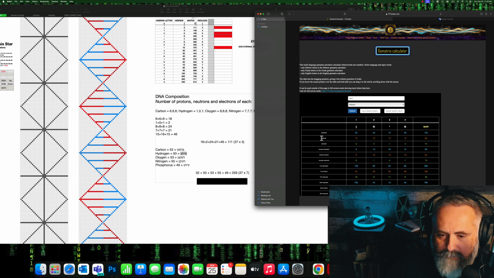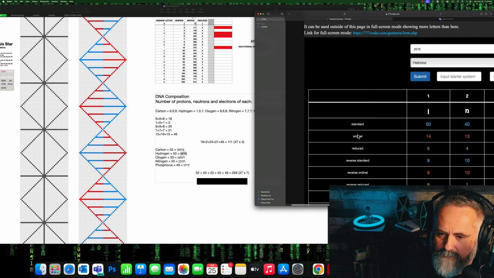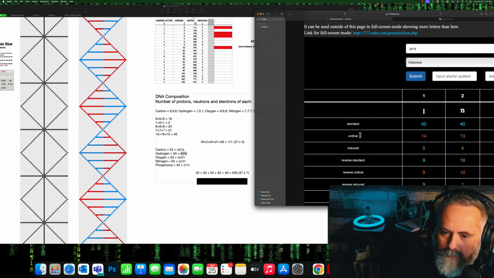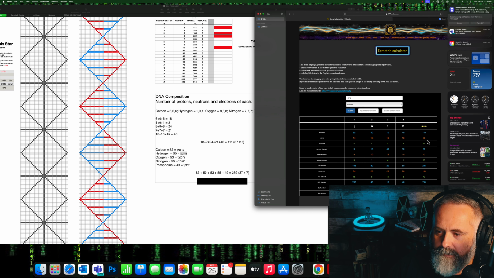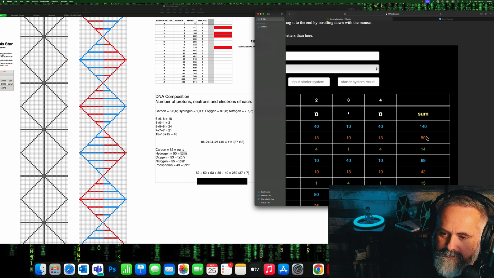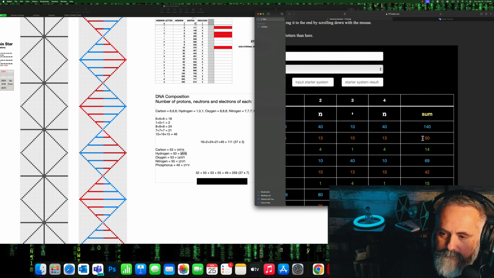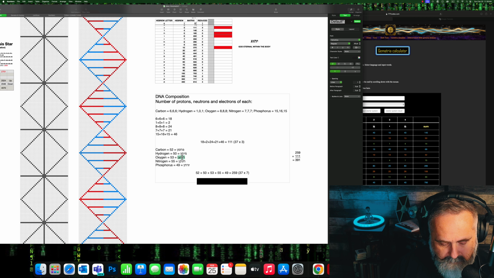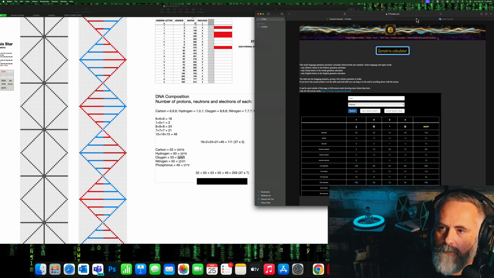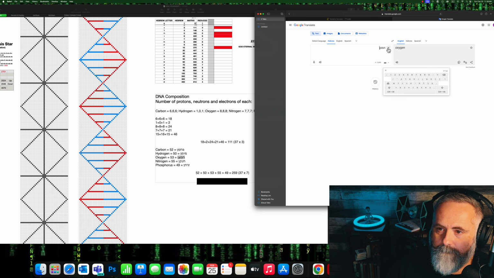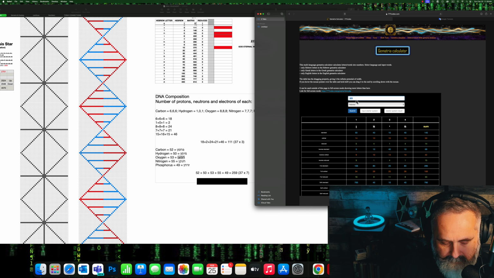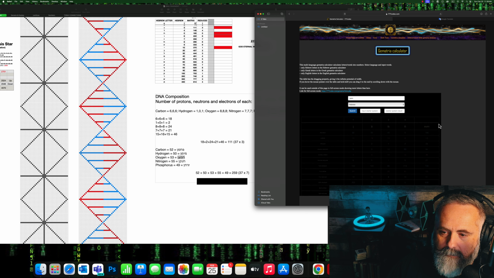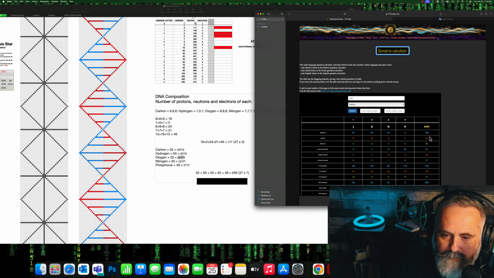If you guys can't see this, let's see if I can zoom in on that. So you can see ordinal, and everything's popping up here. And the value is 50. So straight across. All right, let's go to oxygen. Paste that in. So you can see the translation. It's oxygen. And let's paste it in here. The ordinal value is 53, just as I have here.